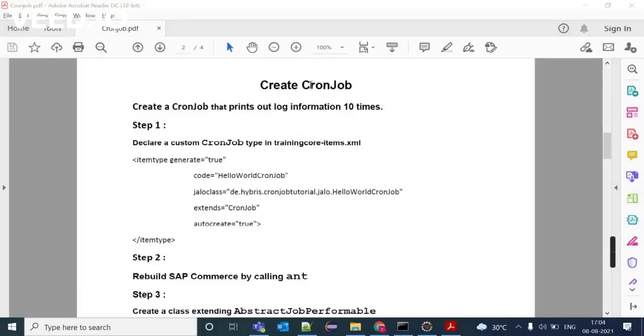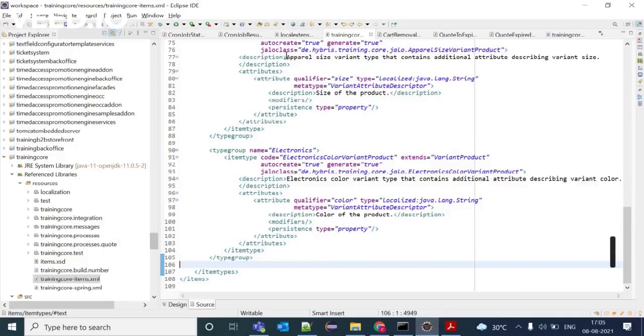Now we are going to create a cron job that will print log information 10 times. First we need to create one item type. Here I am making changes in trainingcore-items.xml. You can create your own extension as well for that. I am copying this context and going to Eclipse.